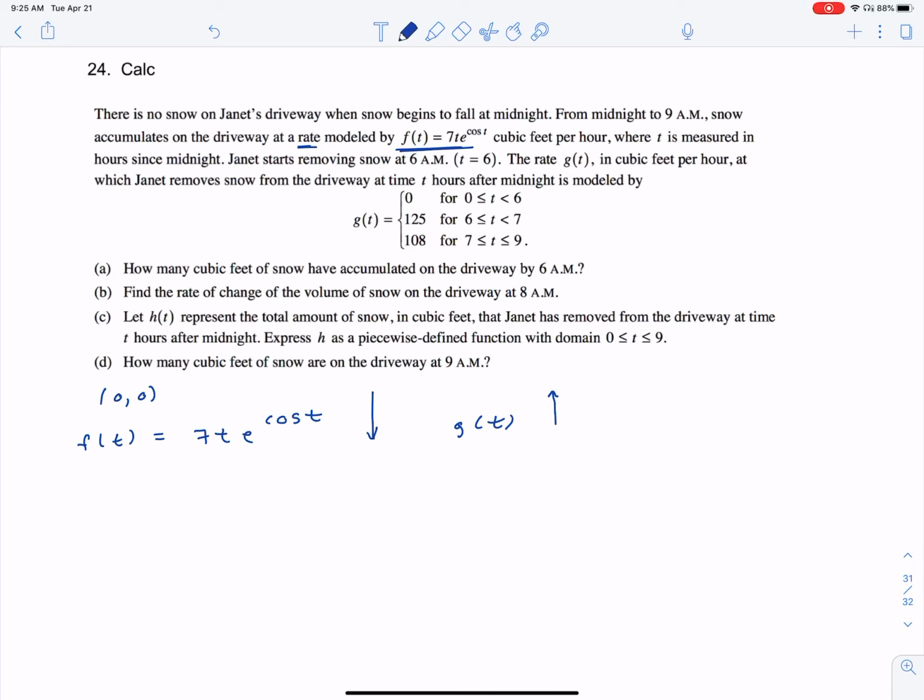So what we can do for A is I can take the initial amount of snow that fell on the driveway. I think you'd agree that's just 0. And I'm going to add to it the amount that has fallen from time 0 to time 6. And I'm going to use my rate of change function for snow accumulating. So I'm going to be using the f of t function to figure out that value. So in this case, it's all just a calculator question at this point. So when I plug it into my calculator, I get either